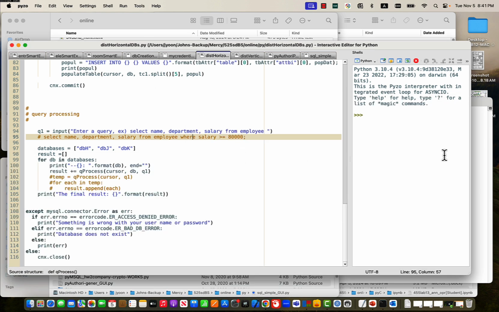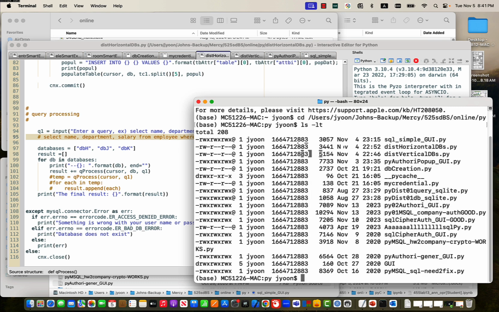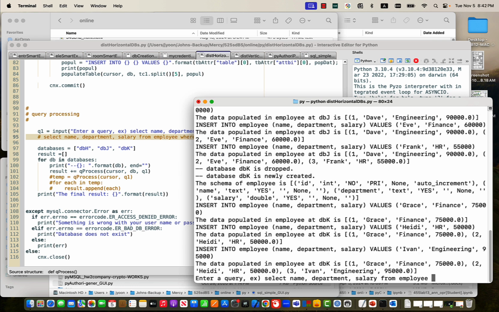So this is the code, the SQL embedded Python code. And I want to see. So I have the dist horizontal dbs.py file. So Python dist horizontal dbs file. Up to this point,